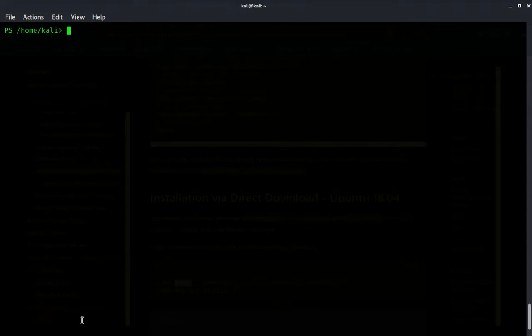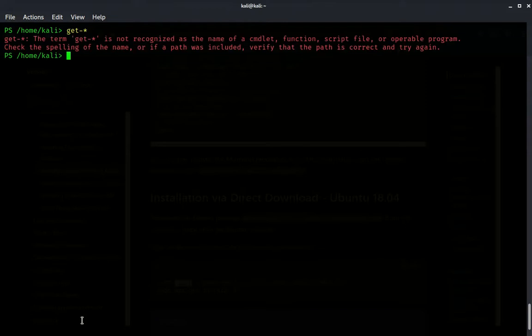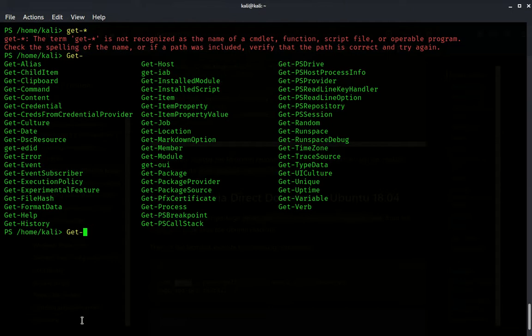Let's clear this up a bit. I can say Get-, and use the autocomplete tab on your keyboard. You see, Get-Alias is one of them. Get-Clipboard, Get-History, Get-Command. You can Get-Content, which is exactly like what your cat is